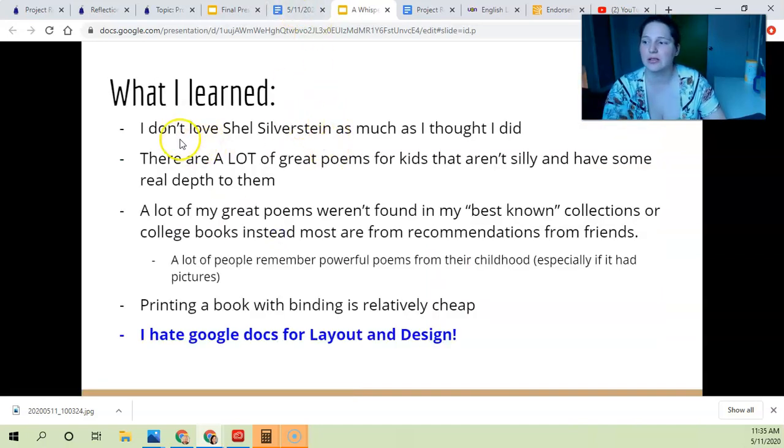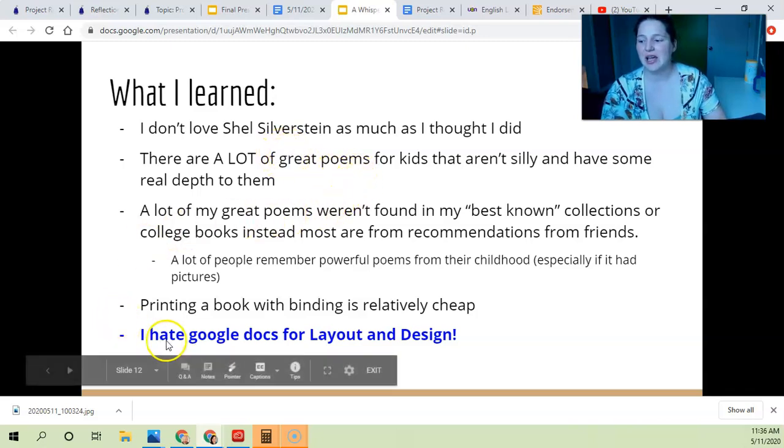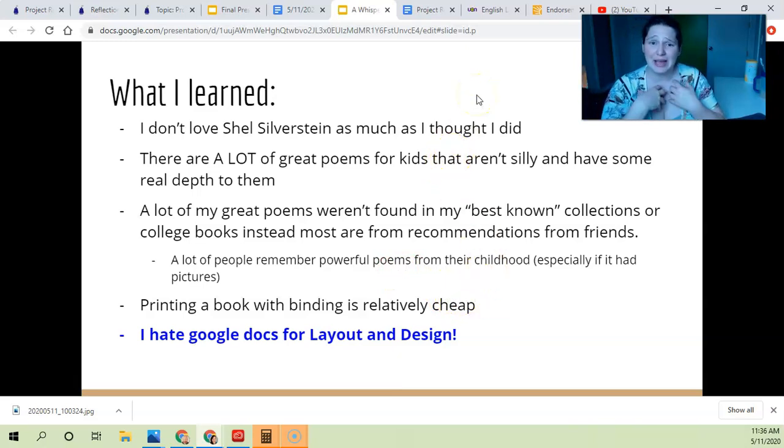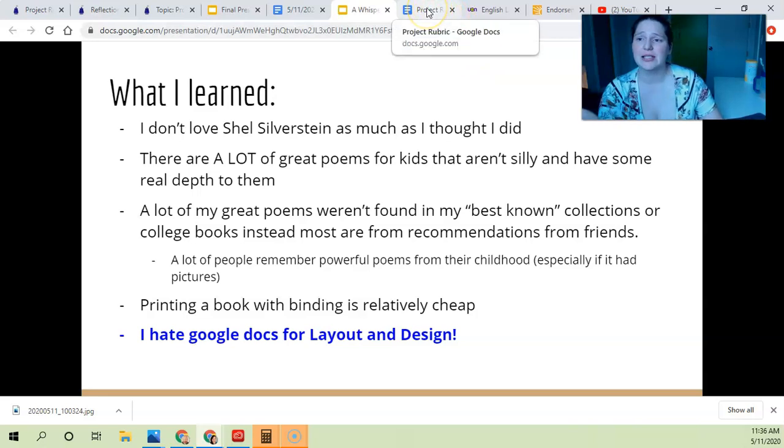Oh, and then what I learned. I learned at the end that I don't love these certain authors that I thought I did, that I hate Google Docs for layout and design. It just sucks. That printing a book is super cheap. Okay, so those are the things that I learned from doing my project. What did you learn from your project? So that kind of segues us into our